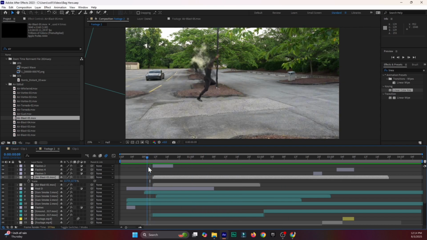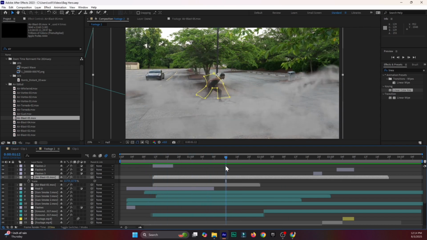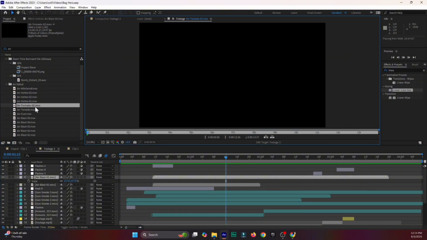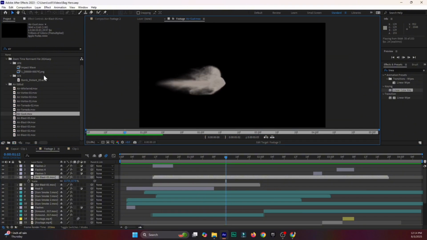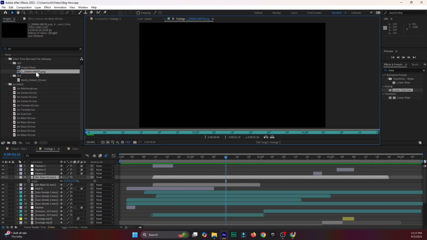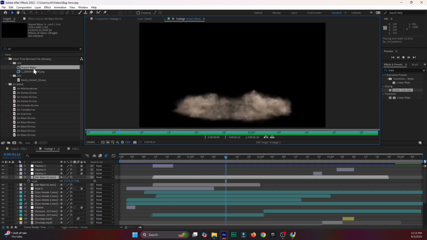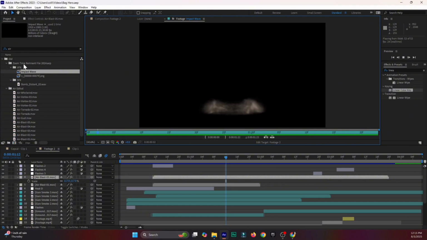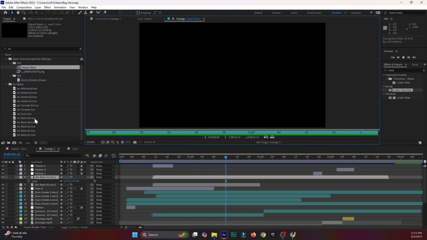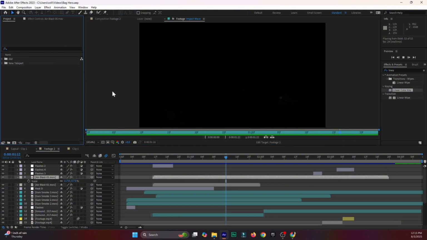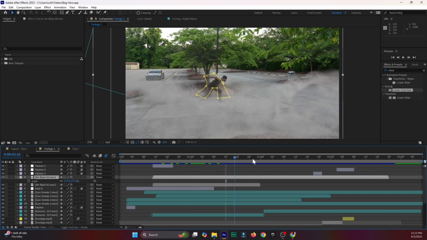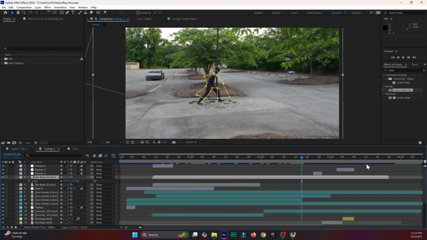Now, of course, we've added some dust. Feel free to add as many dust assets as you want. For me, I have a bunch of dust assets at my disposal. These are the old ones that I used on my other projects. If you have more dust assets, feel free to import them in here. For example, if you want the dust to consistently flow and you don't want the dust to completely disappear,